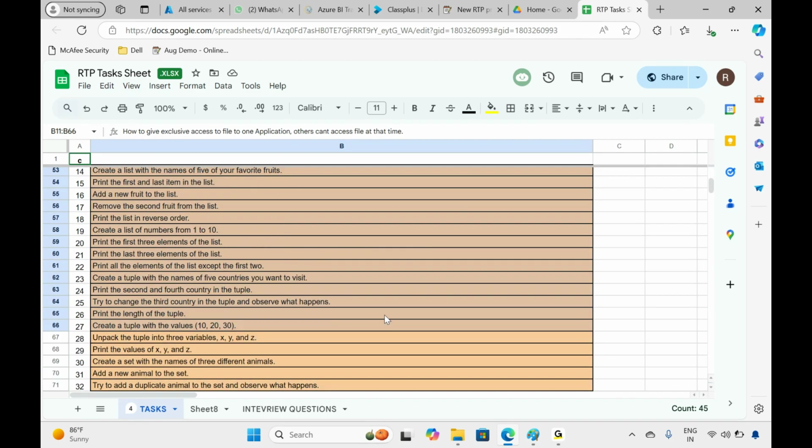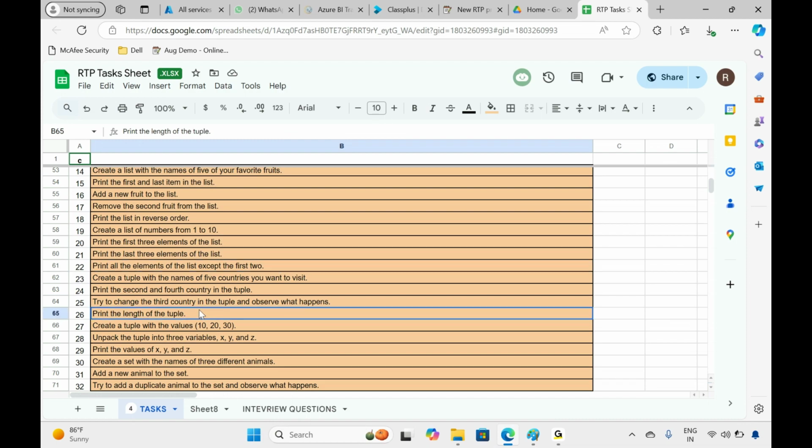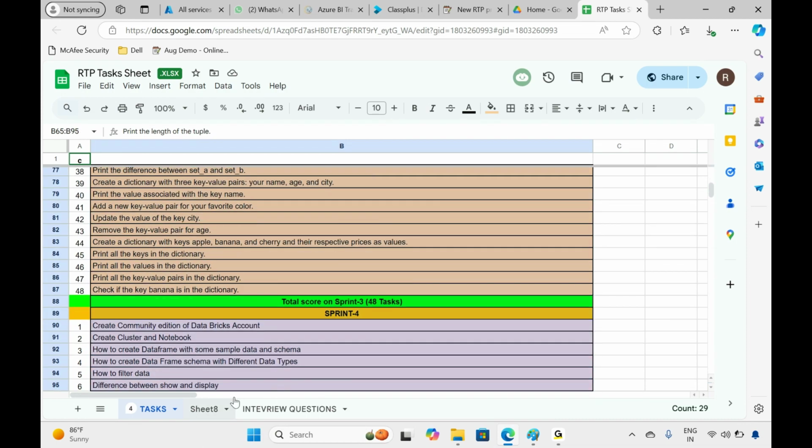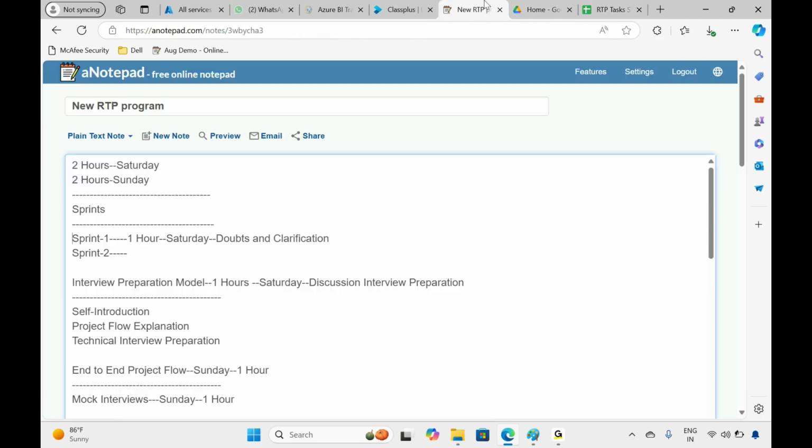Every Saturday we are going to connect with every student who enrolled for Program 2. The first hour on Saturday, the sessions start in the morning at 8 a.m. or so every weekend. We spend 1 hour on how many tasks you have completed sprint wise, which tasks you are not able to do, and then we explain how to do those tasks.